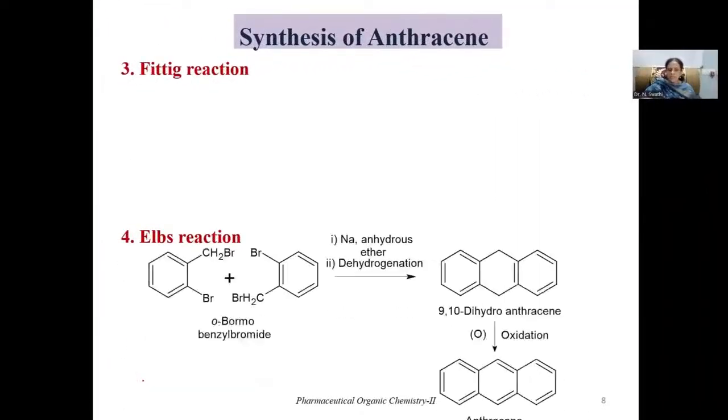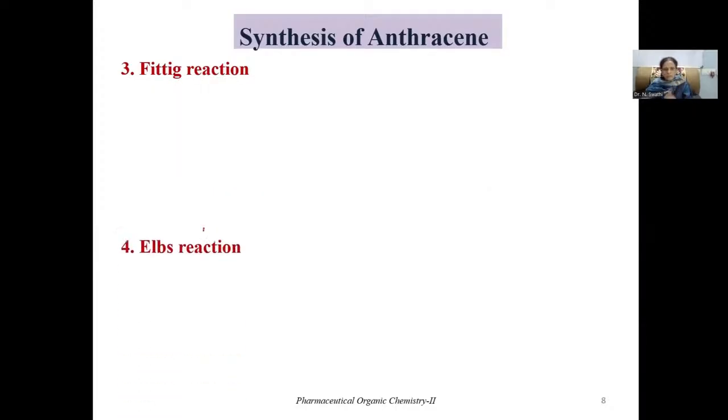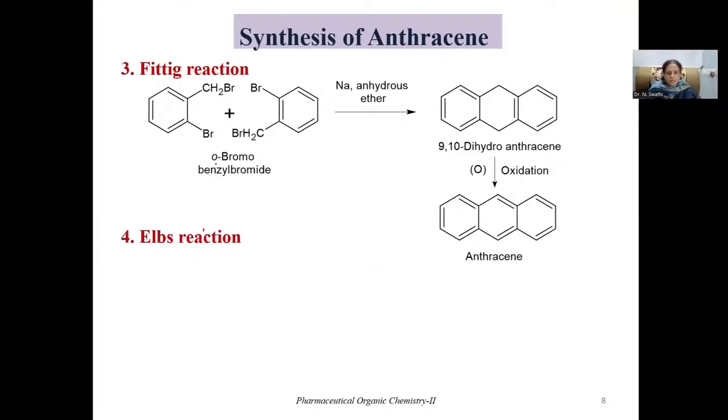Now, the other reaction is known as the Fittig reaction. So here also benzyl halide derivatives will be taken. So here, 2 moles of ortho-bromo-benzyl bromide. Okay, if you remove this bromine, this is like the previous molecule structure, only chlorine is replaced with bromine. That means this is benzyl bromide. Now this benzyl bromide has bromine ortho to the CH2Br group, and that is why it is known as ortho-bromo-benzyl bromide. So upon reaction of 2 moles of ortho-bromo-benzyl bromide in the presence of sodium and anhydrous ether,